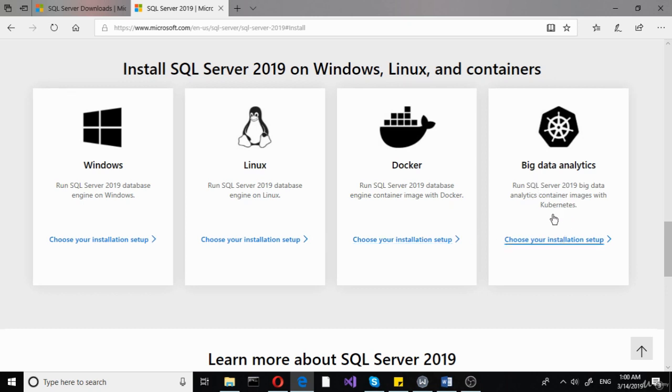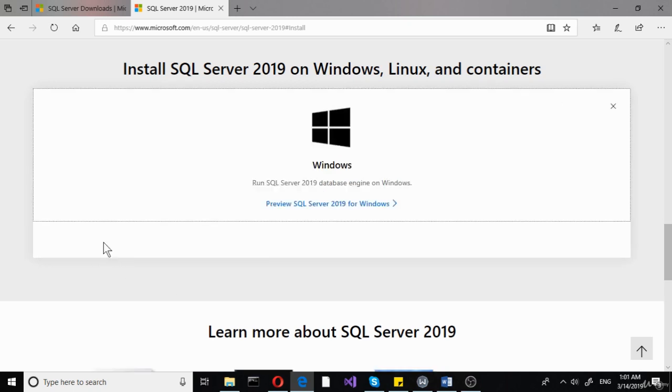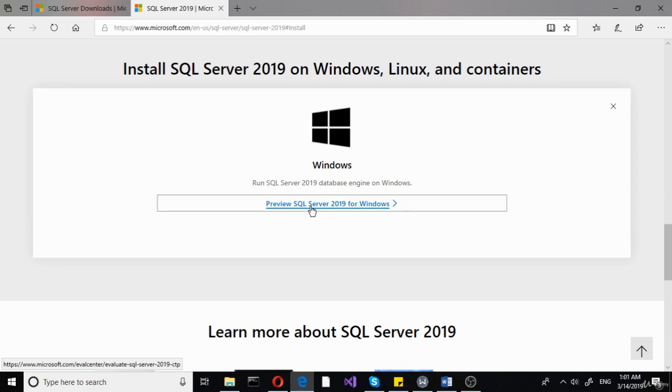So as you can see, there are many options. It's not only for Windows anymore. You can use it anywhere you want, on any platform you prefer. But I will go with Windows because I am using a Windows computer here. So let's go with that. And I will simply go to the preview, SQL Server 2019 for Windows. Again, still in the preview mode, but once you will be able to actually work with it, it will be out and running. So I go to the preview here,